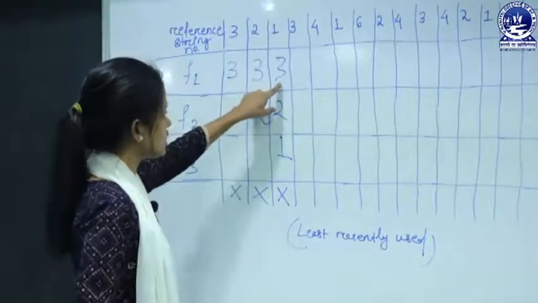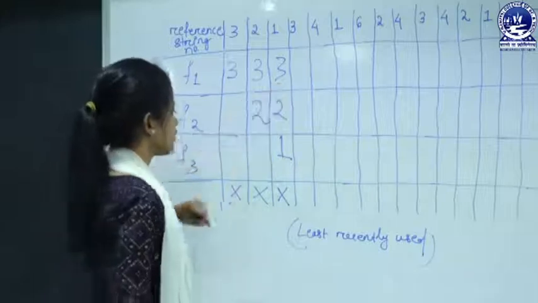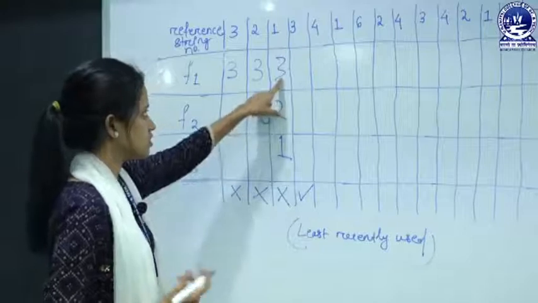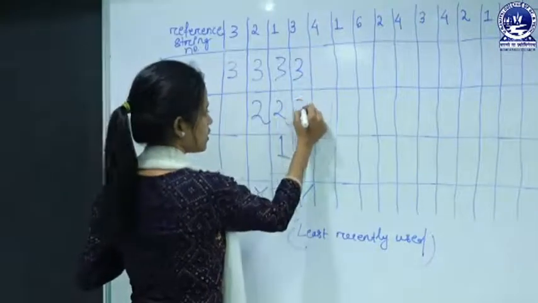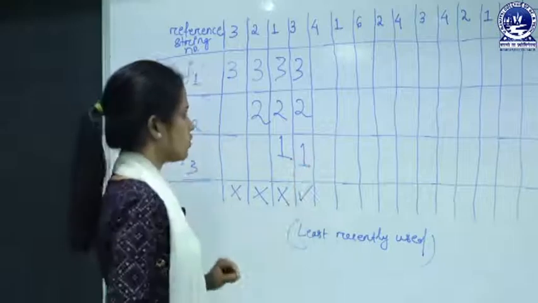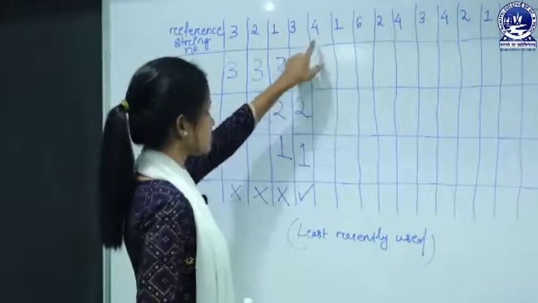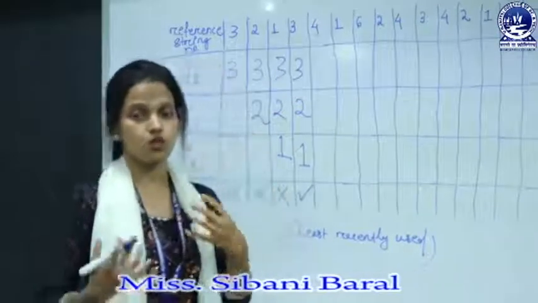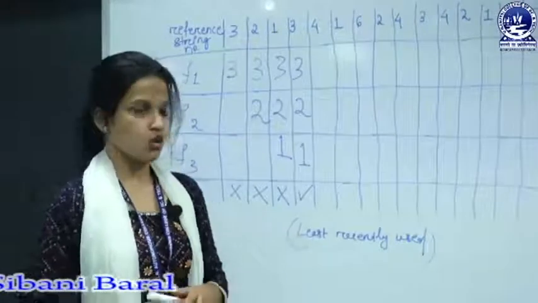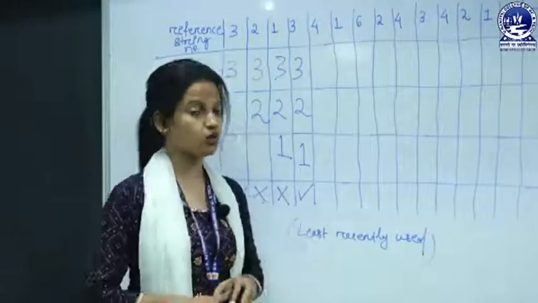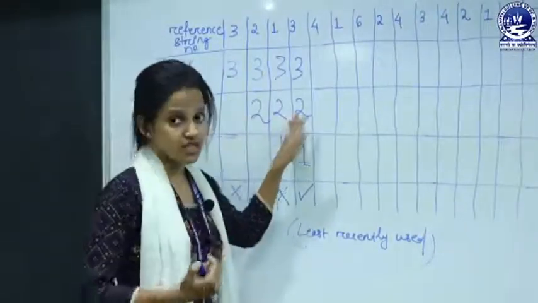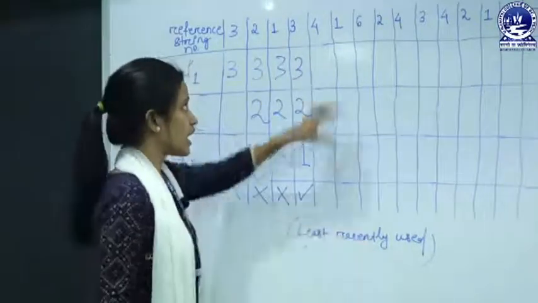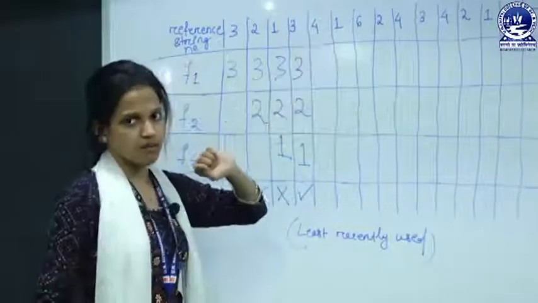3 is in the main memory, right? So there is a hit, there is no page fault because 3 is there. So we write 3, 2, 1. Now the next reference string is 4, and 4 is not there in the main memory. Now the question is, what will the operating system do? Which page has to be replaced now, swapped out to the secondary memory, with 4 swapping into the main memory?